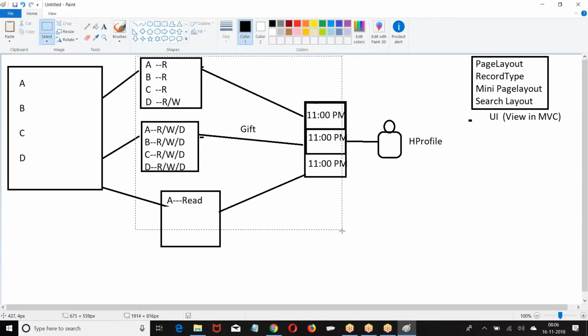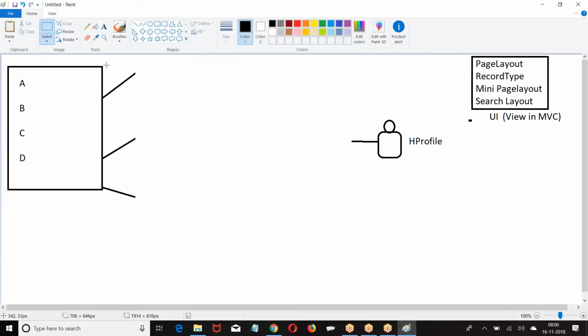Now, let us take the next one. Many page layouts. Now, look at this guy.